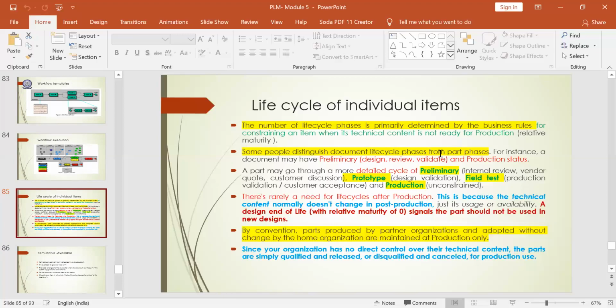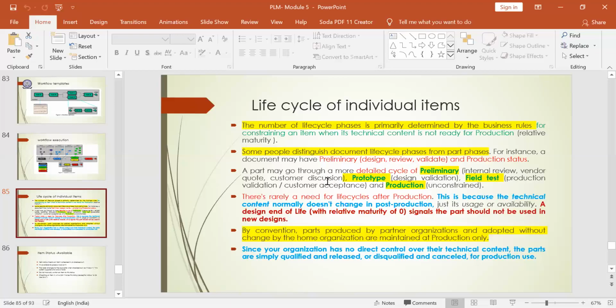Keeping all these aspects in mind, the preliminary phase and the production status have different life cycles, which are classified into different items or parts. So we segregate the items as preliminary stage, prototype stage, field test, and production, because the part you manufacture will rely on all these stages.